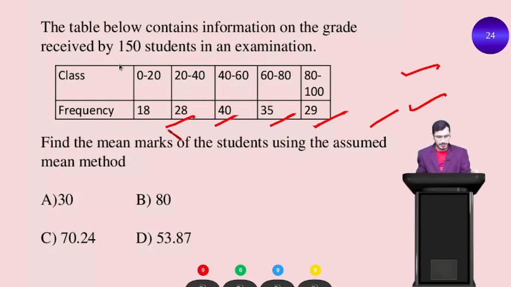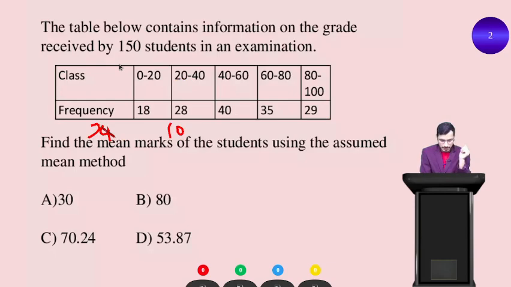0 to 20. So first we will find xi. Xi means the mid value of the class interval. So here for 0 to 20, xi is equal to 10. Okay, so in this column xi